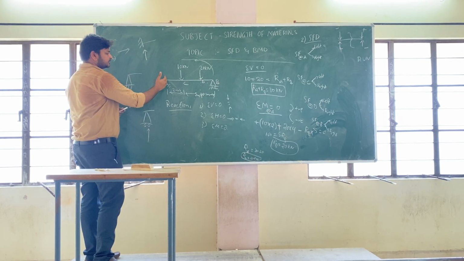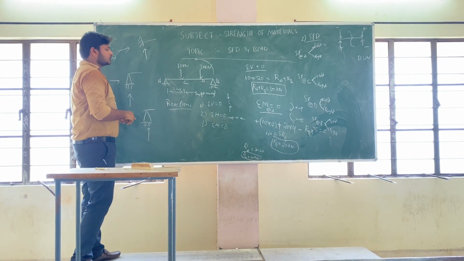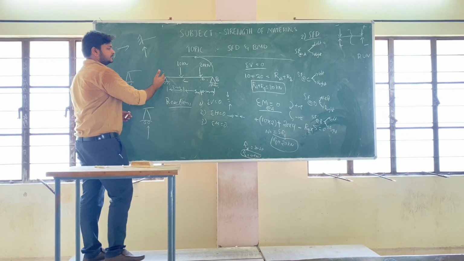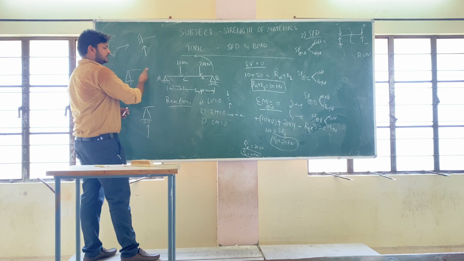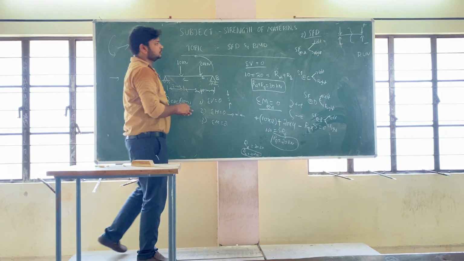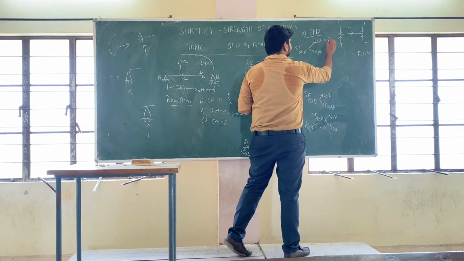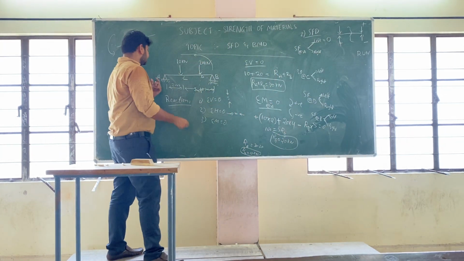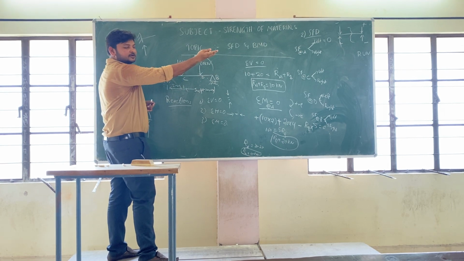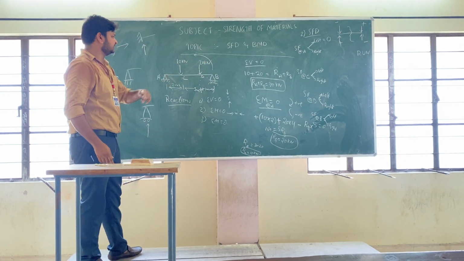Okay. So now take a trial section just before the section A. I have drawn the section on the left. After drawing the section, see either this side or that side. If you see this side, there are no forces. Here, are any forces present? No forces present, so you can keep it as 0. Sir, whenever we take a section, if I see this side, I want to see that side also. If you see this side also, you will get the value as 0. We will see that in the later case.